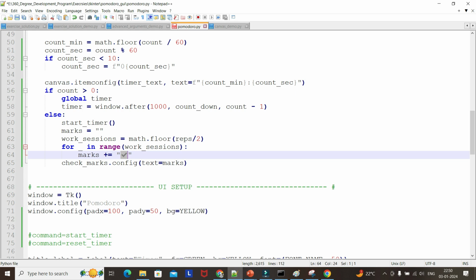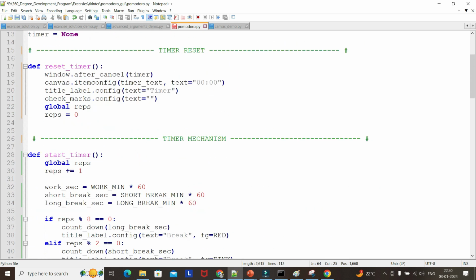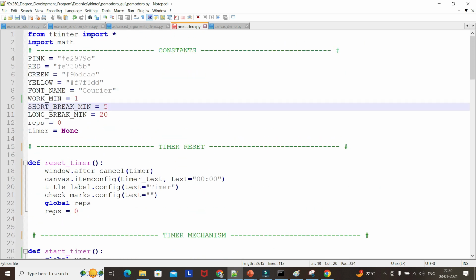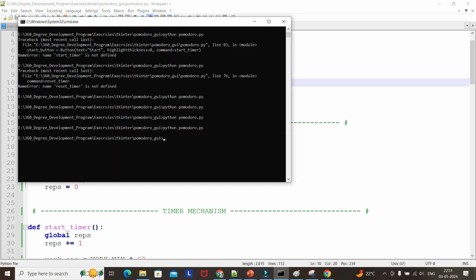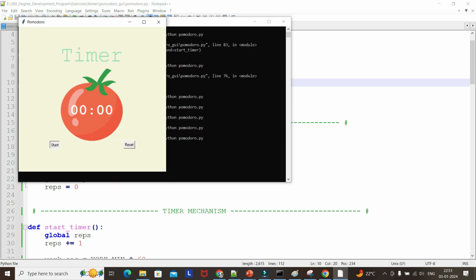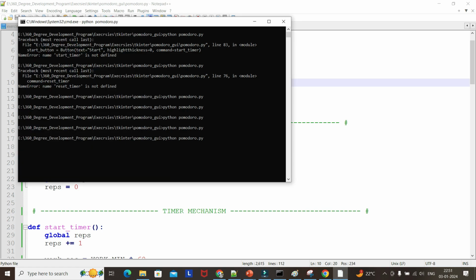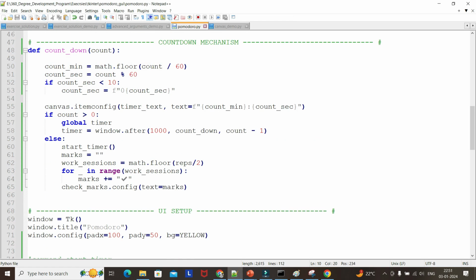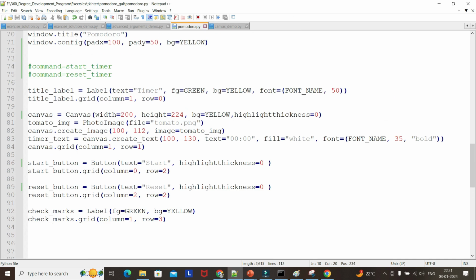two tick marks. So let's see by changing this short break also to 1 minute. Let's verify exactly how it is going. So let me start. Oh, okay, sorry. The main thing I forgot is whenever we click on this,